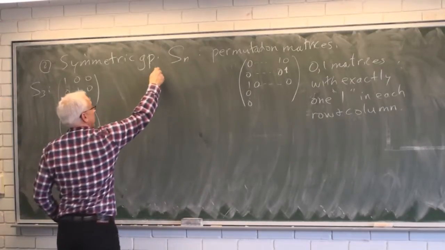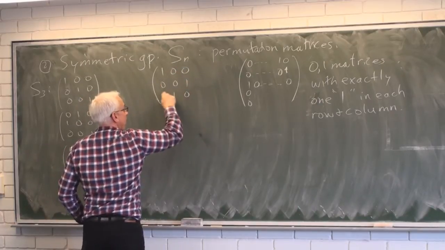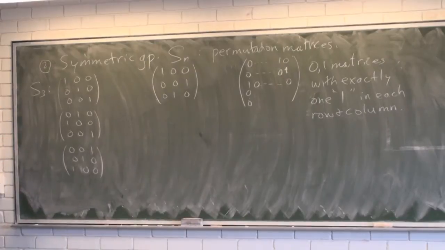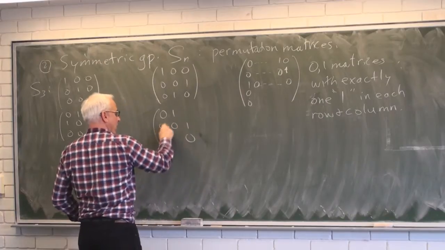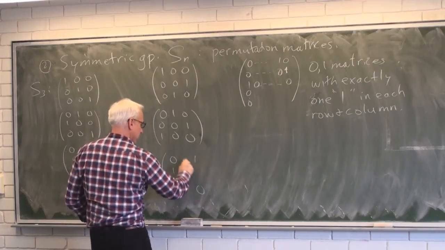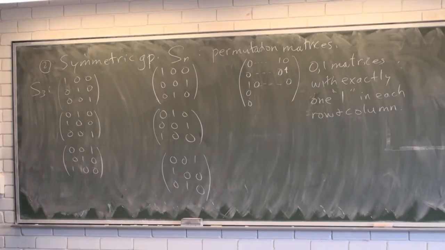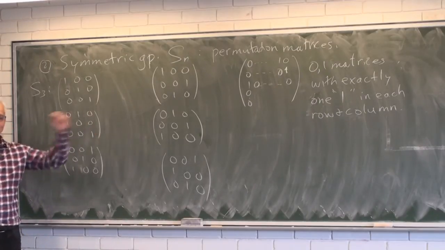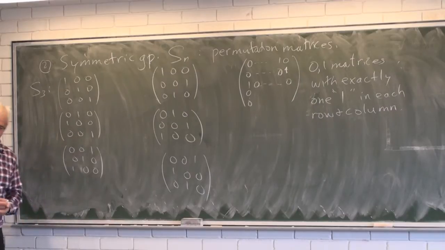There's 3 of them. Okay, and then there's another one, like that. And then there's also another. All right, so those are the 3 factorial or 6 different permutation matrices, and you can multiply them together, and you'll see that the product of any 2 of them is another one. But it's a non-commutative group. That's easy to check. If you multiply this times this, probably get something different from this times this. In fact, you will.